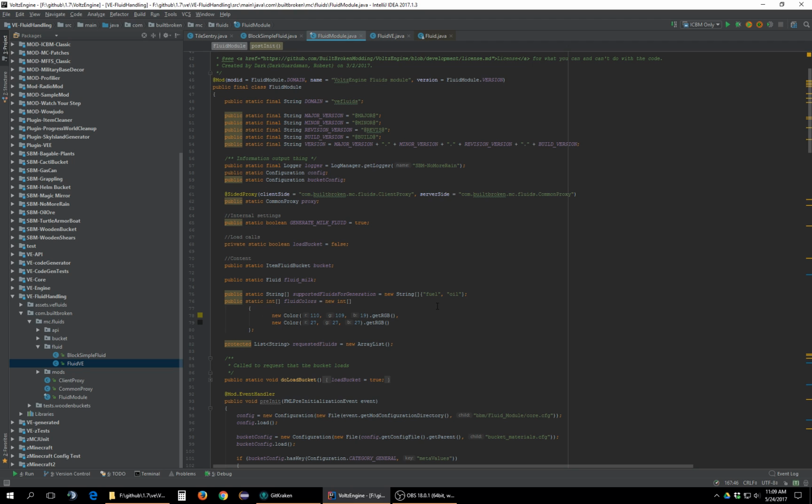Because the only reason why the supported list is this way is because I don't want to have too many block IDs, and then I don't have a lot of textures to work with. Plus, to be honest, I don't know what other fluids I'm going to throw in here. I don't want to throw a whole bunch of molten metals in here because that's something that I'm probably just going to handle in Volt's engine. It's the only thing that's really going to be using the molten metal system, because I think Basic Industries and the Creation mod are the only two that are ever going to take care of